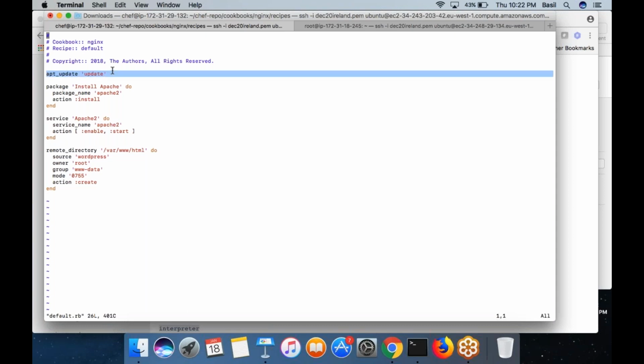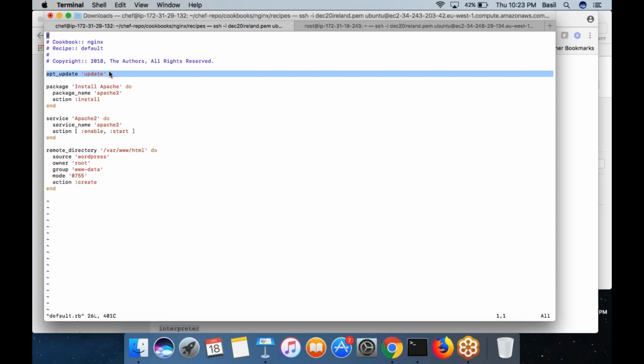So instead of hard coding this resource inside each and every recipe, what I am going to do is create a separate cookbook called apt. Inside that cookbook I am going to create a recipe with this particular resource. Then to the other recipes I will simply include this one. Better, right? Because I don't need to put this resource everywhere.